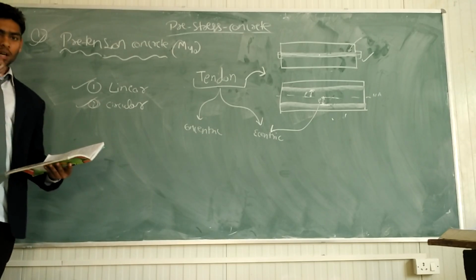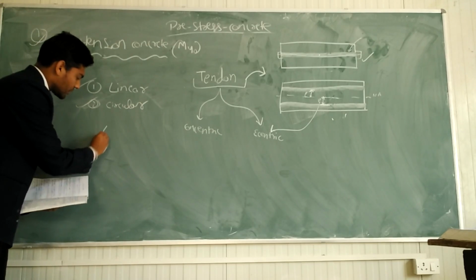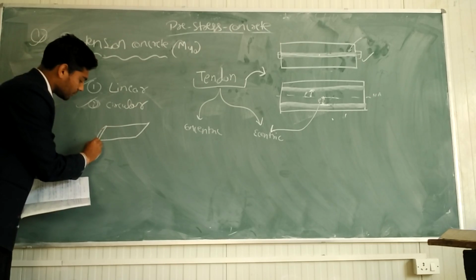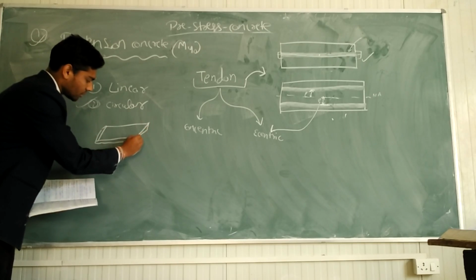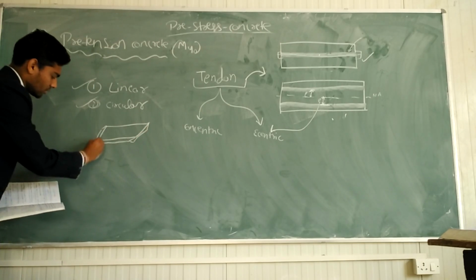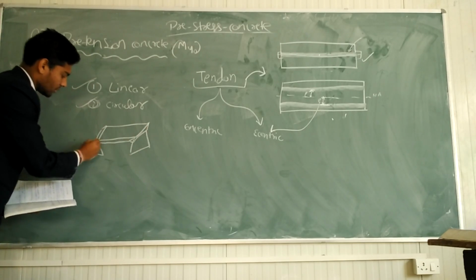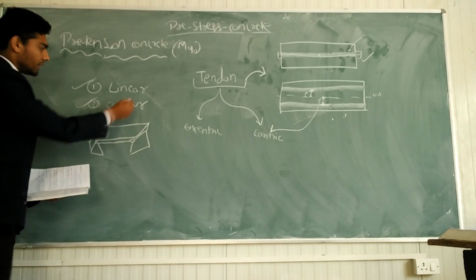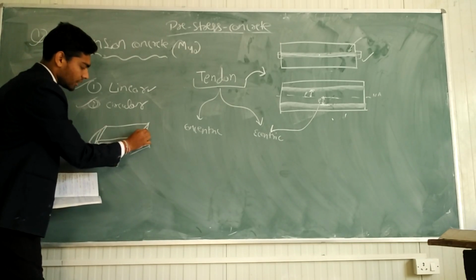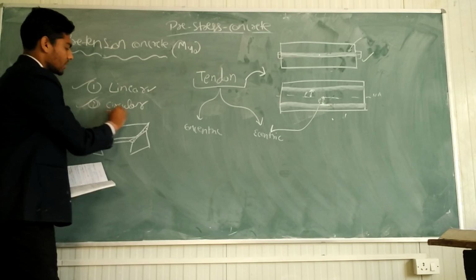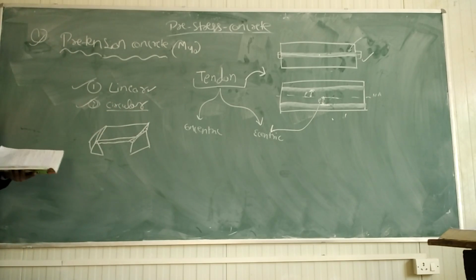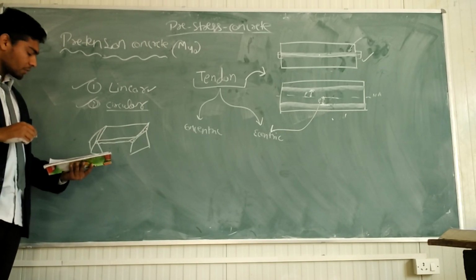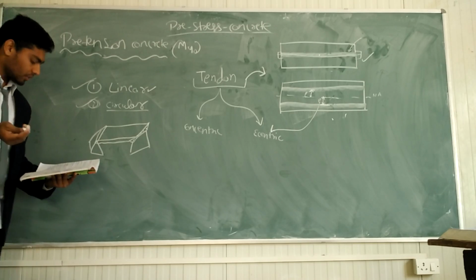If we are talking about a bridge, we simply see the deck of the bridge. In the deck of a bridge, there is some depth. In a deck of a bridge, linear pre-stress is needed; we do not use circular pre-stress for the deck of any bridge or any flyover. So linear pre-stress is provided in a bridge or in a flyover.